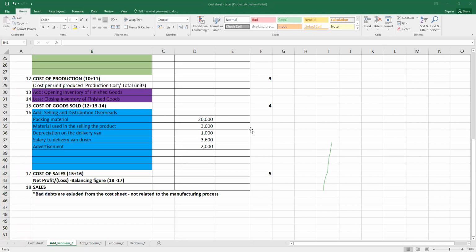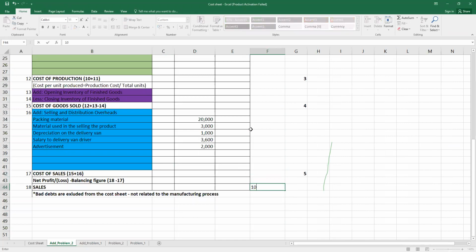What they are saying, assume that all products manufactured during the year have been sold to earn a profit of 20% on the selling price. मतलब सुबह आपको याद होगा हमने ऐसा किया भी था. If 100 rupees is selling price, the profit is 20% of 100, मतलब 20. So what is the cost of sales? It will be 80. So यहाँ पे हमें क्या करना है, पहले we will calculate the cost of sale, then we will calculate the net profit and sales.